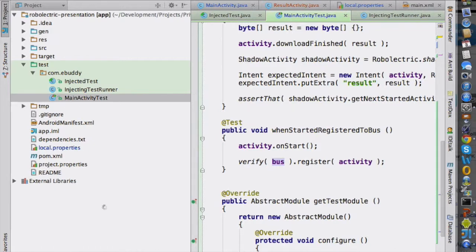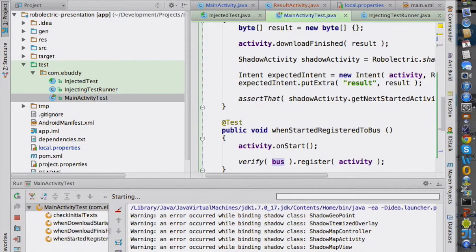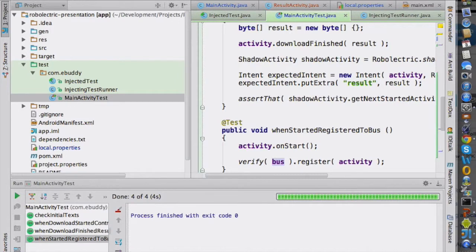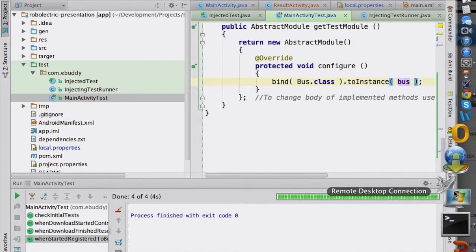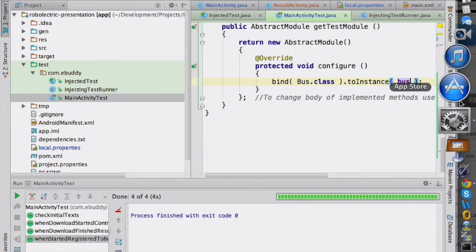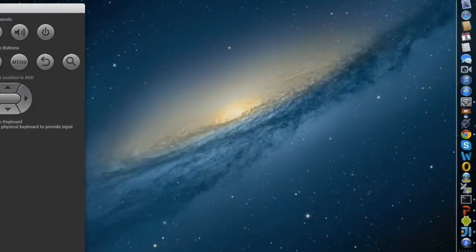So now my injecting test runner will, before every test, inject using abstract model to the classes it needs. So it will inject here. It will, for any bus class which require injection in any class under the test, will use this bus, which is our mock, and now we can actually test and check that everything that we want, for example, bus was created. That was a short demo about